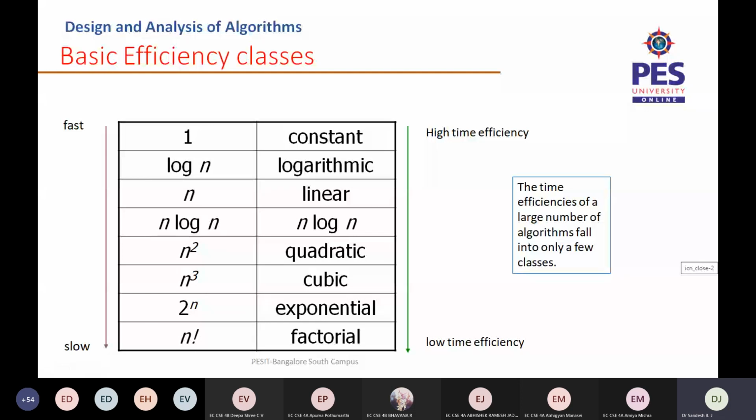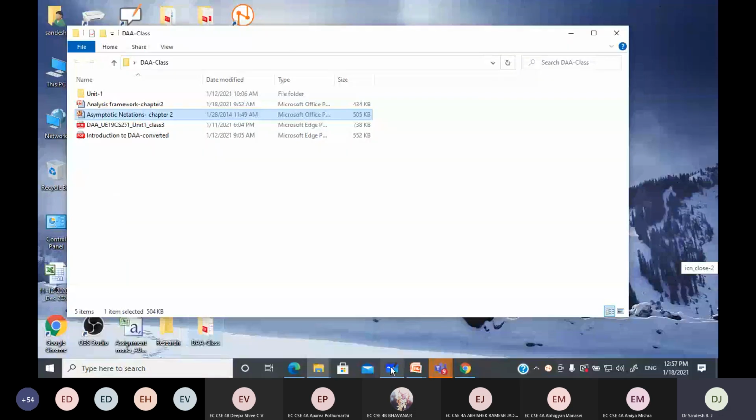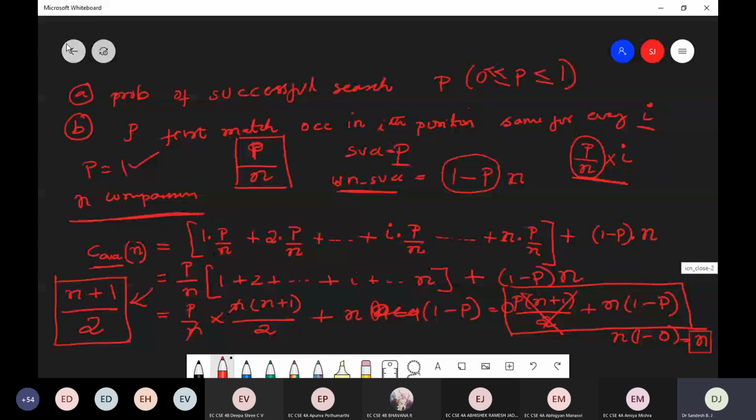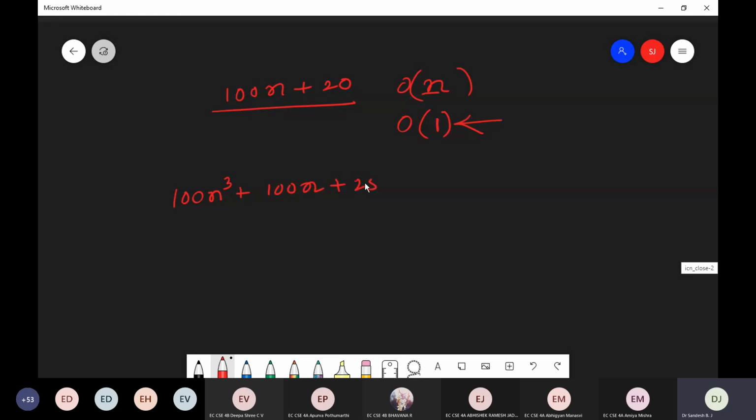Either you will say your algorithm is log n. So these equations we would have got like the one which I have shown you in the previous class, right? So for some things the equations could be like this, right? 100 n plus 20. This belongs to the class of function n. If it takes a constant time, then we are saying it belongs to this class of functions O of 1. You may have 100 n cube plus 100 n plus 25.